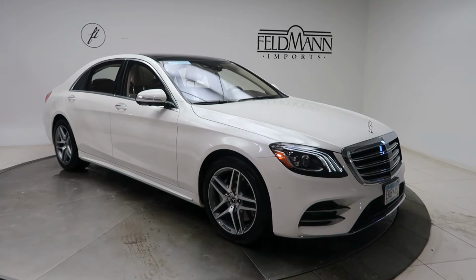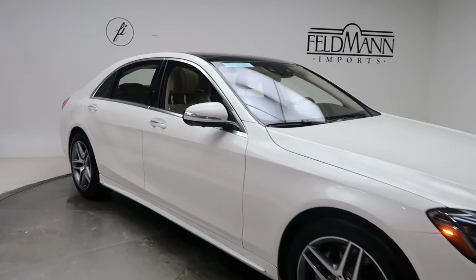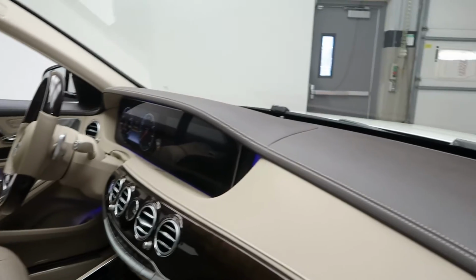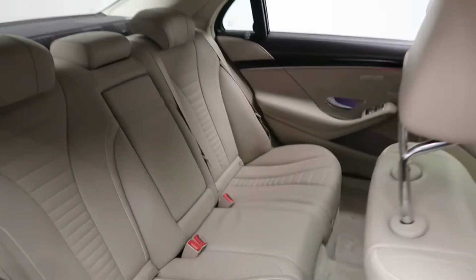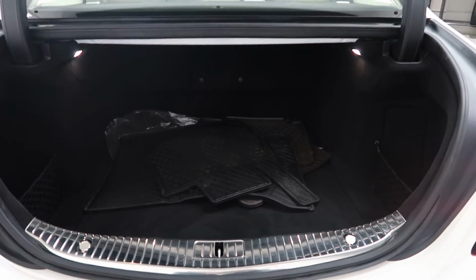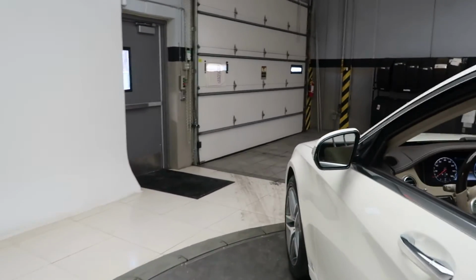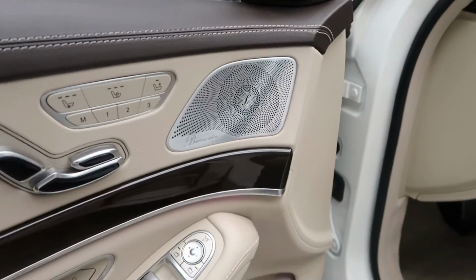This one does come with the AMG line with 19-inch 5-spoke AMG wheels, sports body styling, a silk beige, espresso brown dash, leather interior, panorama sunroof, rear heated seats, S560 4MATIC badging, clean set of all season and regular floor mats, driver's assistance package with blind spot assist, active lane assist, Distronic, premium 1 package with Burmeister sound system, heated and